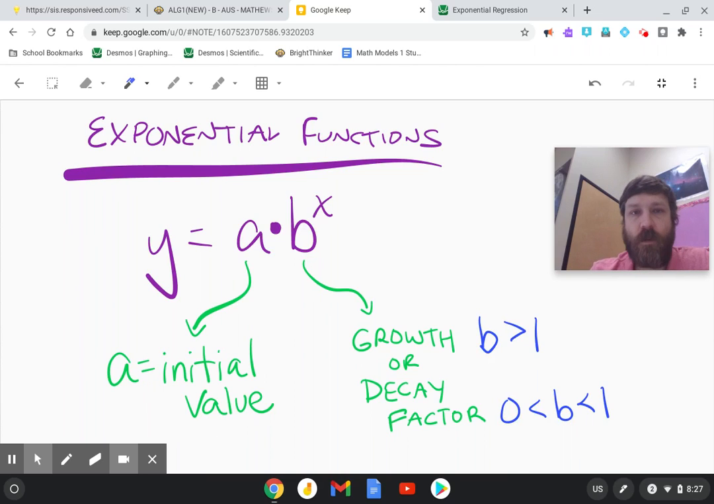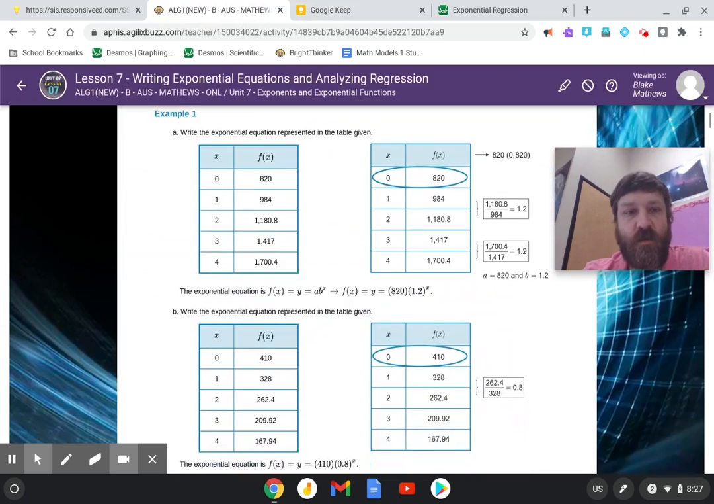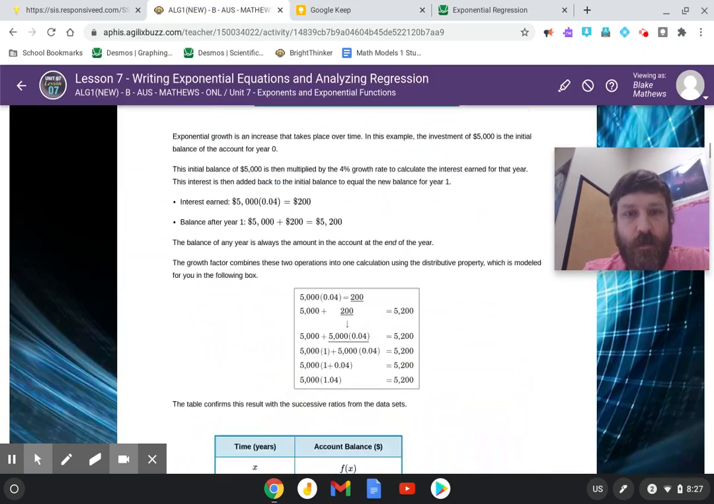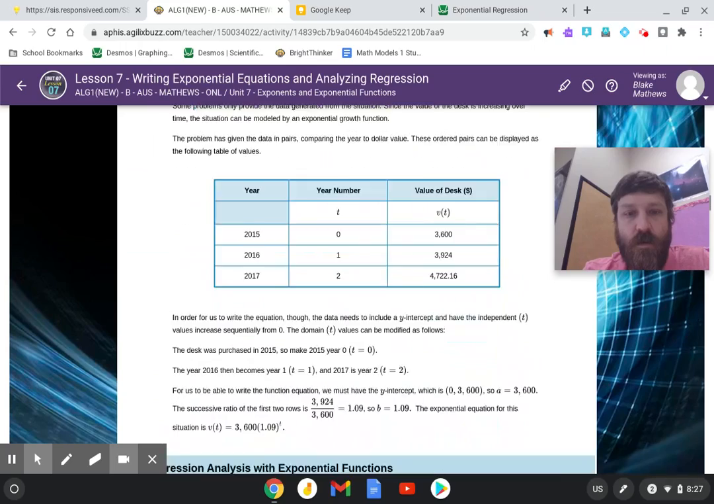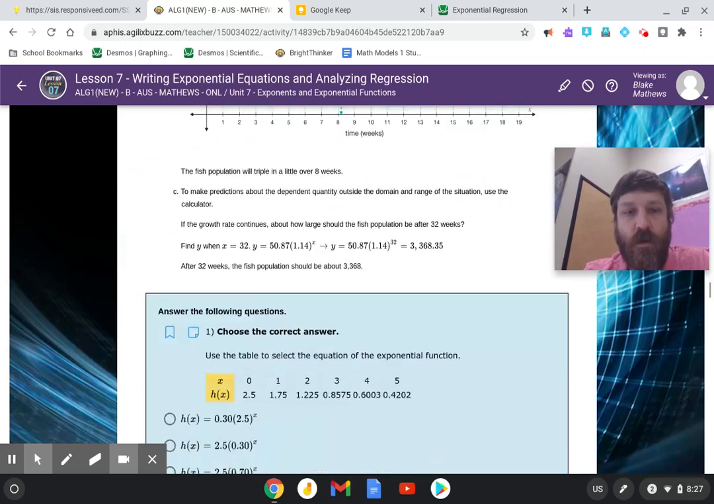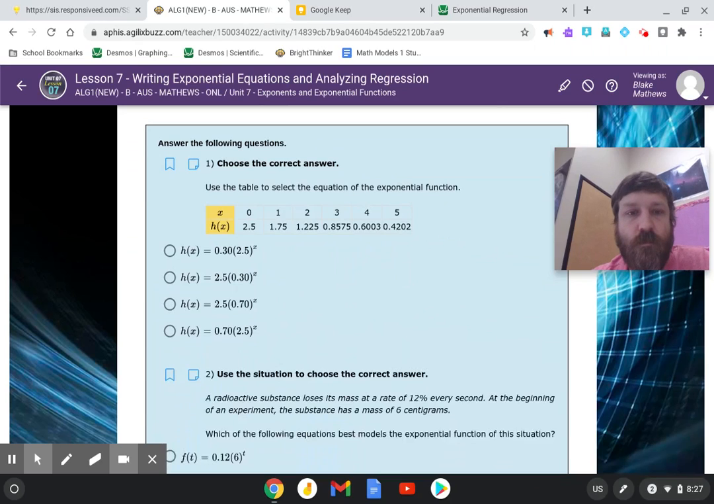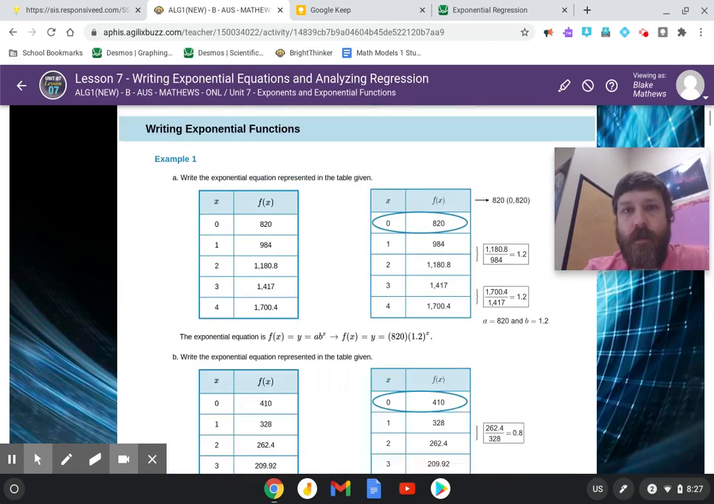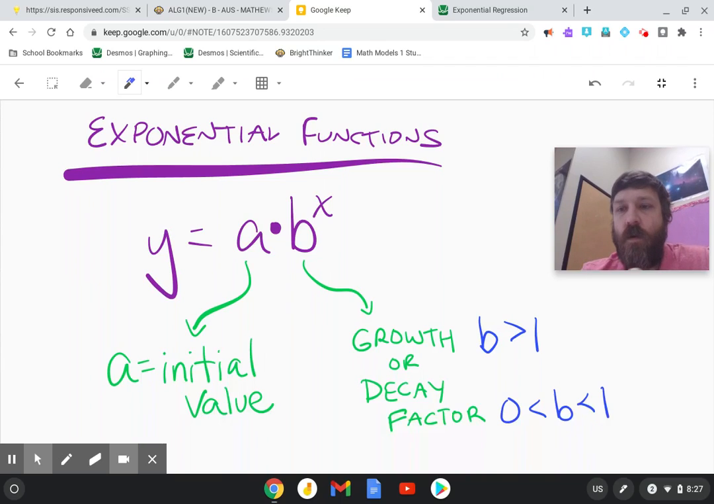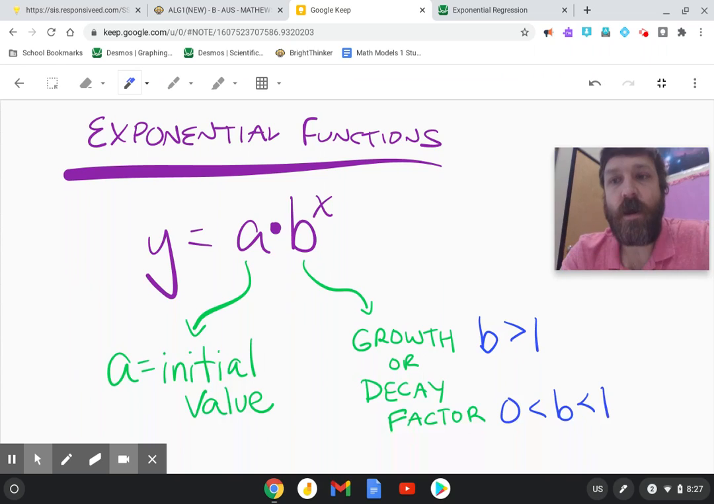exponential functions. So let's take a look at some of the examples that they have for us. So we're going to spend some time looking at the equations, and we're going to actually be creating those equations ourselves by using what we call exponential